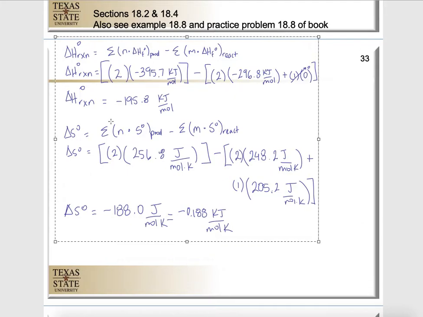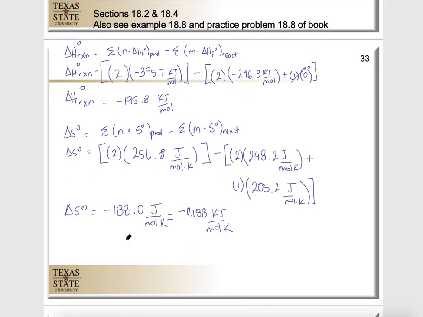Now, what we're going to do is the last step, which is to calculate our delta G by taking the delta H that we already calculated. Remember that we're still working at standard conditions, so we want those little zeros: delta G zero equals delta H zero minus T delta S zero at standard conditions. The delta H was negative 195.8 kilojoules per mole,